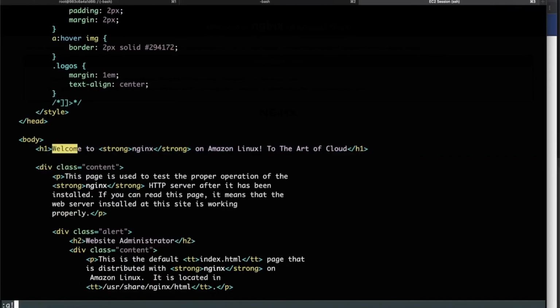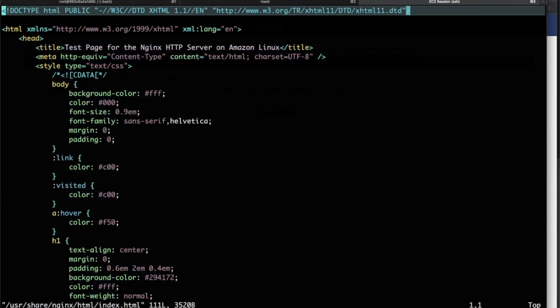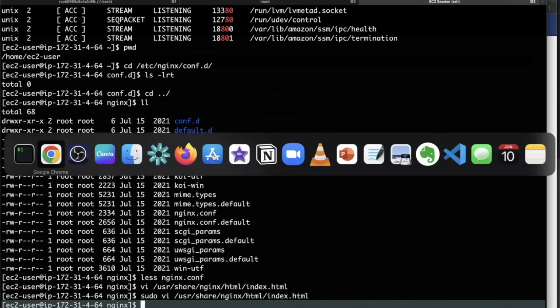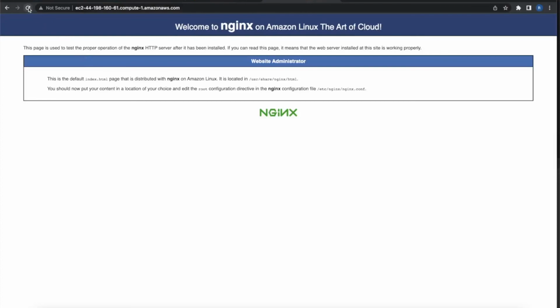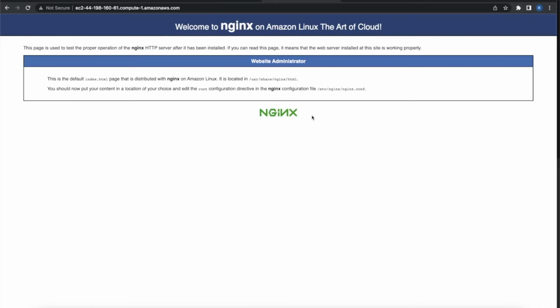Okay, I made a mistake, so let me do this. sudo vi /usr/share/nginx/html/index.html. That's fine. You don't need to watch me doing this. The art of cloud. Save it. Let's go back again. There we go. Okay, so that's the right web server, and boom, we were able to get an Nginx